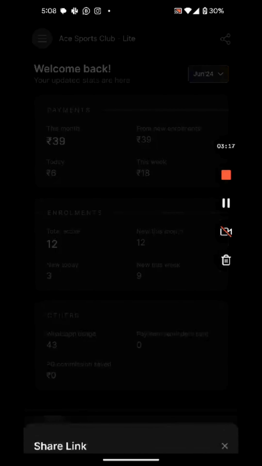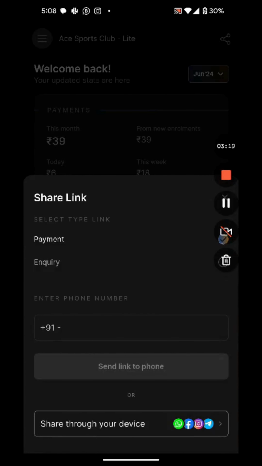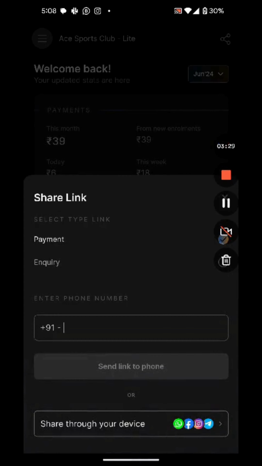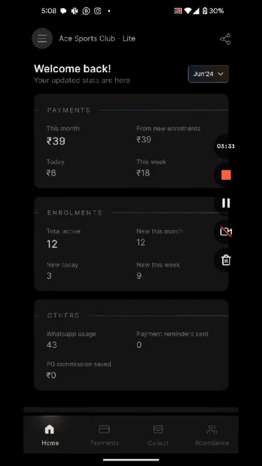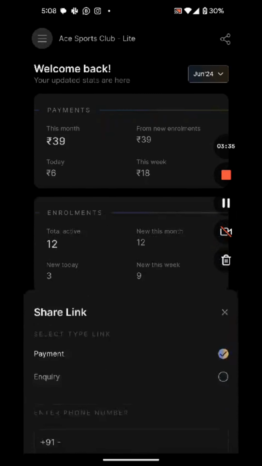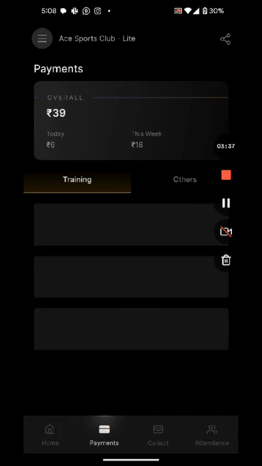So pretty sorted. From here you can share the payment link directly to a customer without saving their phone number. If you input any phone number over here, it will directly trigger to the customer's WhatsApp number. And direct share is also available if you want to do that. And moving to the payments,